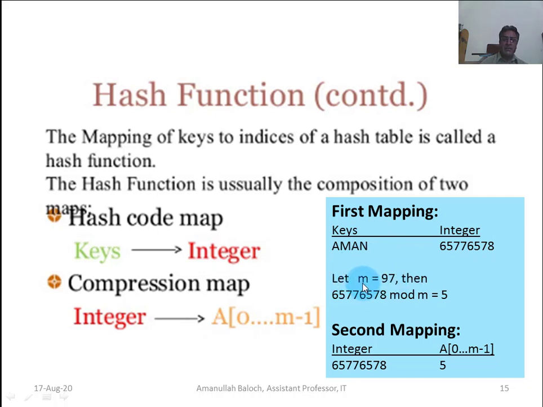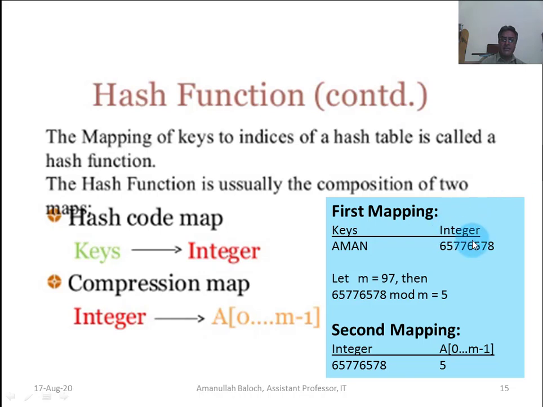Actually, we have 100 memory locations, because we have 80 students in a class, and these 80 students can be easily managed in a 100-location array.